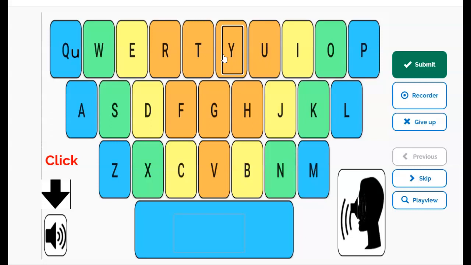If the letters are correct, you will hear a bell. If the letters are incorrect, you will hear a buzzer. After you've spelled the word,